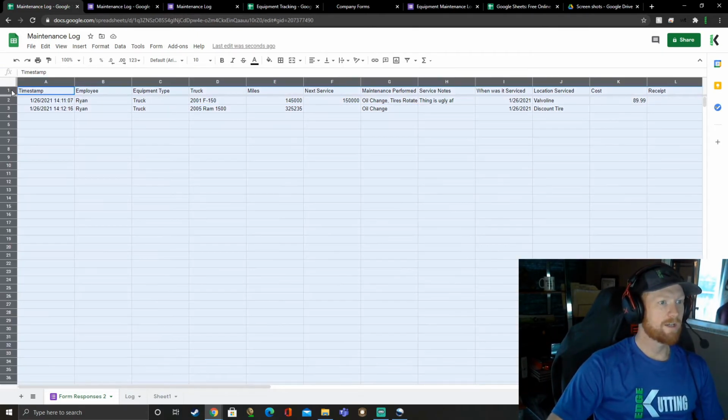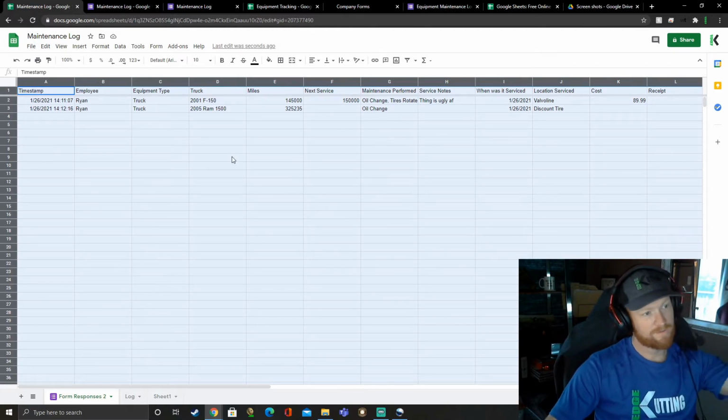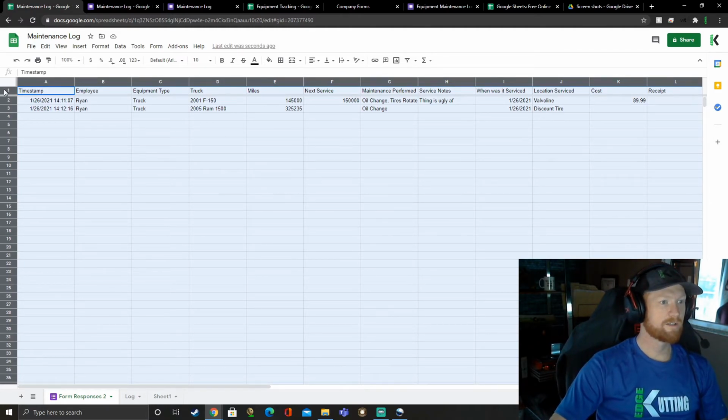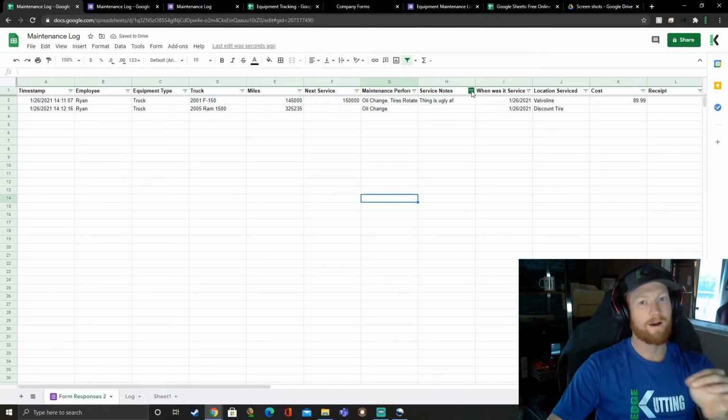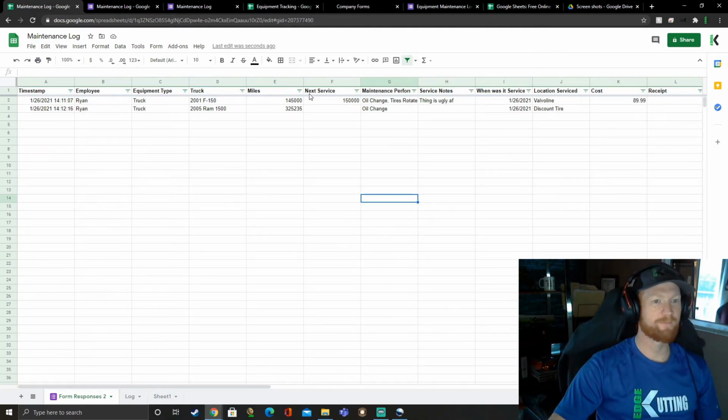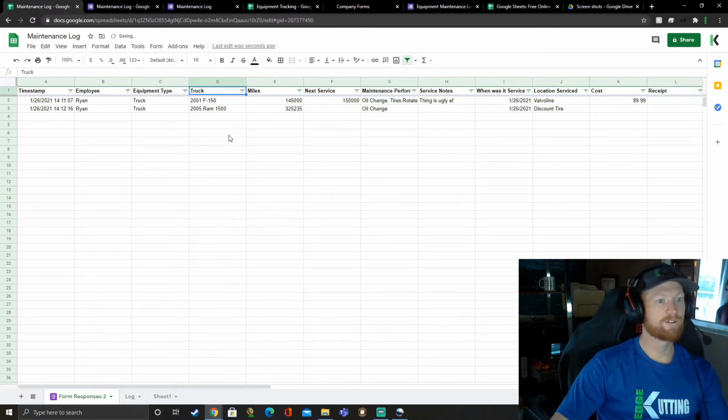Beautiful. If you want to sort all this information, so let's say you've got a long list here, just click this top left button if you don't know anything about it. Hit this filter button right here. It will now make everything filter, or you will be able to filter them. And so you can filter by the truck, obviously, and sort. You can also